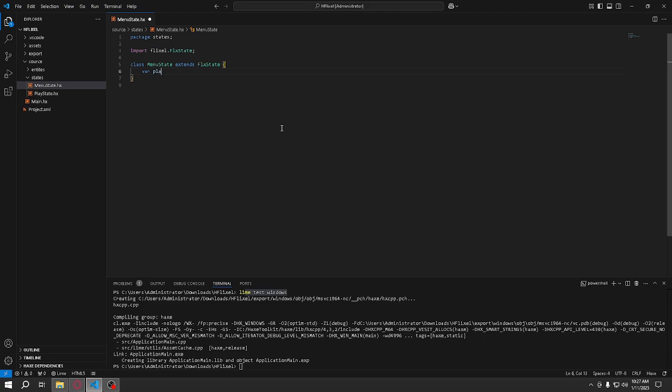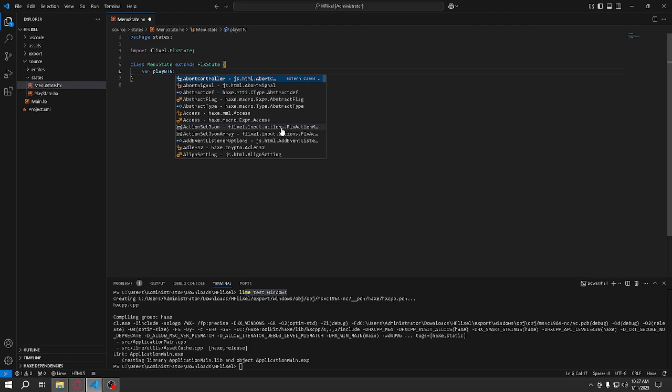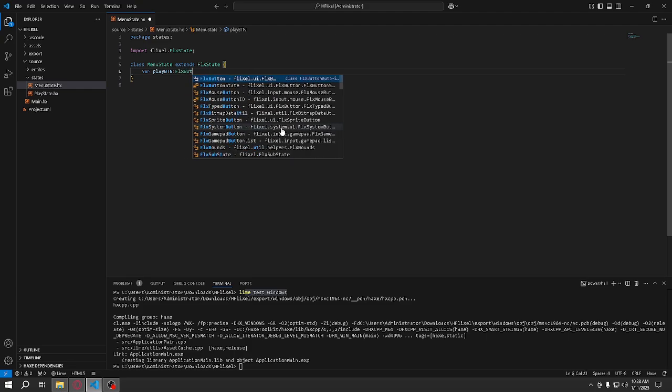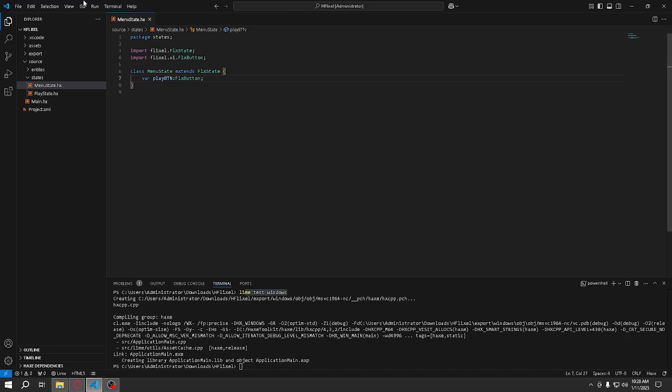We're going to make var playBtn. This is going to be of type FlxButton. So here we created a play button. This is of type FlxButton, which is indicated by the colon: FlxButton. So next what we will be doing is we will